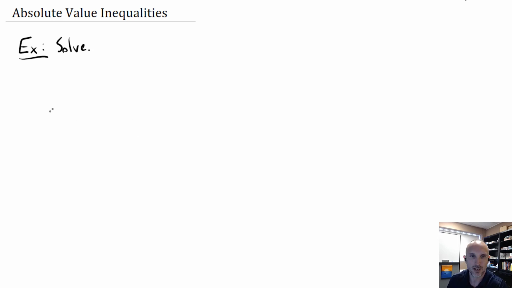Let's start pretty basic with the absolute value of 3x minus 1 is greater than 11. So we're trying to find the x values that we could plug in here to make the absolute value bigger than 11. And there are different approaches to doing this. I'm using a test point method in this particular video. To do that, I need to know my critical value. So I need to get 0 on one side,